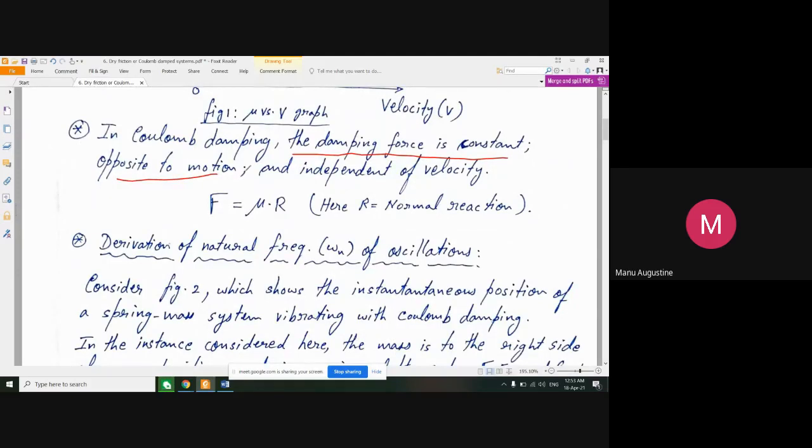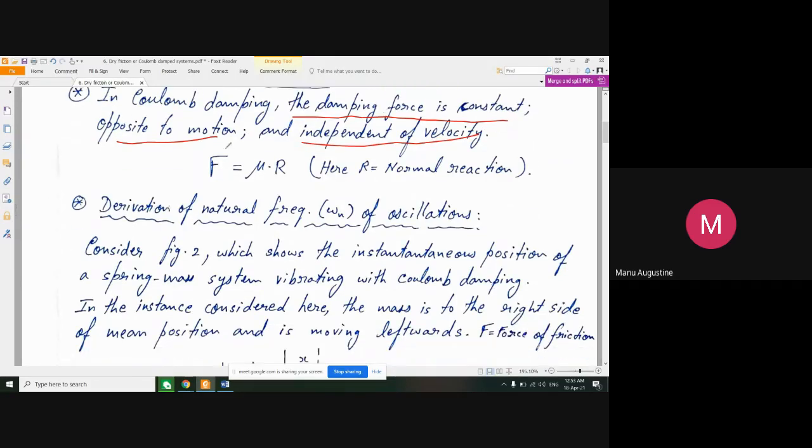Now, since we are talking about friction, everybody knows that friction always acts opposite to motion and independent of velocity. And frictional force, as everybody knows, is given by mu into R. So, if you want to find out what will be the frictional force for an object of mass m if it is pulled in a certain direction with a velocity v, what will be the constant force of friction acting continuously in the backward direction opposite to that of the velocity? First you see that mg will be acting downwards, and the normal reaction in the upward direction will always balance this mg. So R in such a case becomes equal to mg,